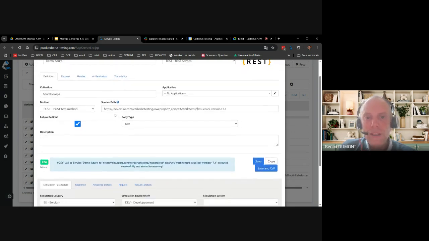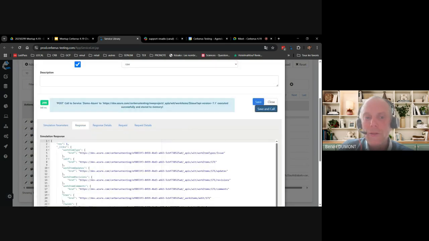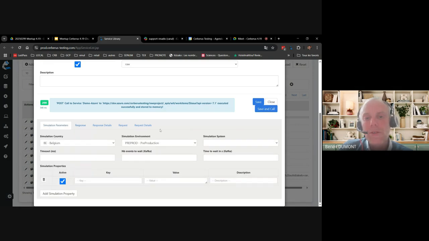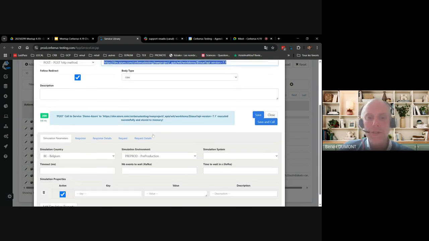If you have attached your service to the proper application, here you can change the environment right away. So here, if I made the call in dev, QA or whatever, I just pick the environment, and that will make the call on the corresponding environment. So here it has no impact because no matter what the environment is, the path is fully provided inside the service definition, so it makes no impact.